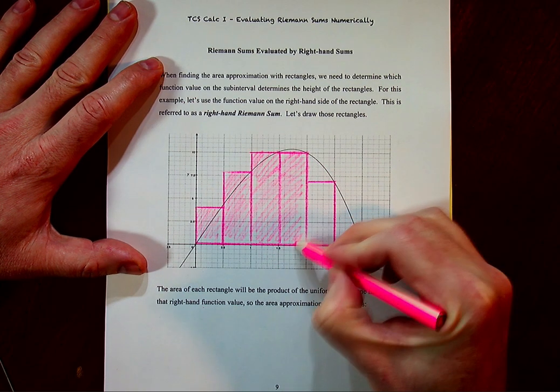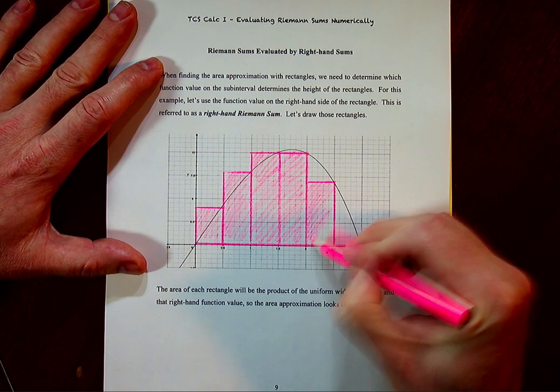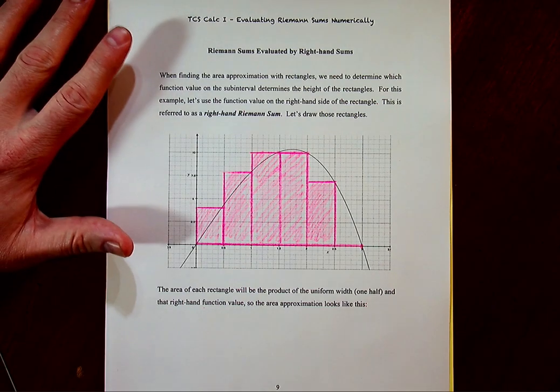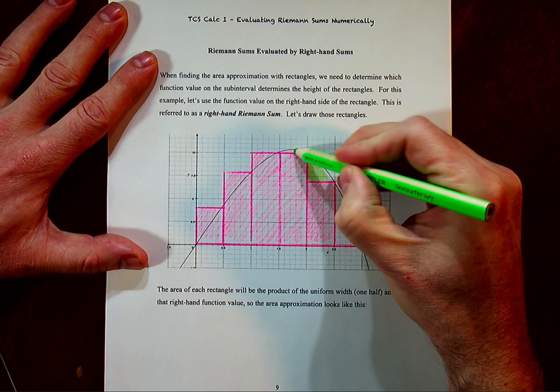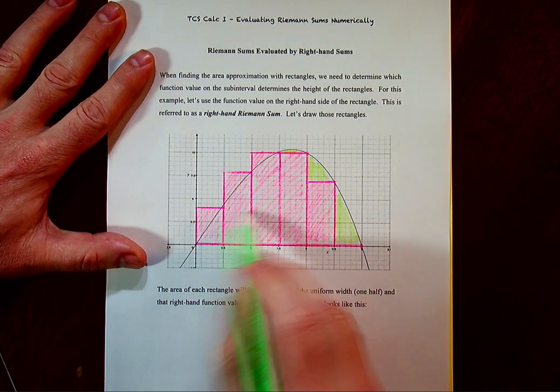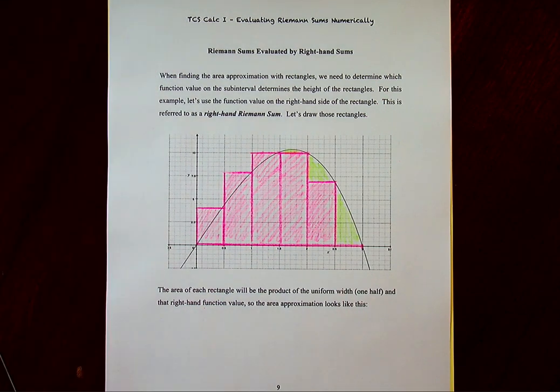And then you need to ask yourself every once in a while, is this an overestimate or is this an underestimate? And this one, it's actually kind of difficult to tell because here you have it being under, and this is under, and this certainly under. But on these three intervals, it's over, over, over. And how do those balance out? Well, I don't exactly know, but let's go ahead and let's